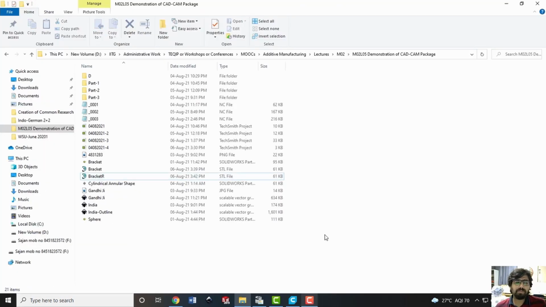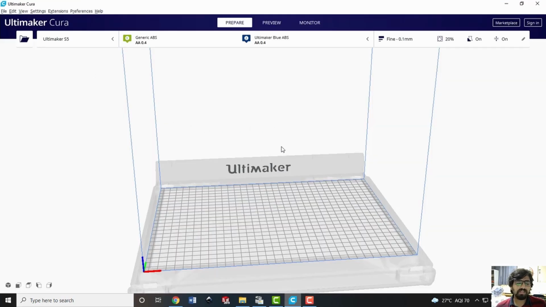So it is important that before you process any STL file in the Ultimaker Cura or any open source software for slicing, you make sure that the file is appropriately available and it is defect free. For that, this type of software can be used. Now let us start our discussion of the Ultimaker Cura. So this is how the Ultimaker Cura looks. There are several such freewares available, particularly for slicing the STL files and generating the toolpath corresponding to area filling and the contour deposition. Later on, you can extract these contour data in terms of G codes, which can be easily transferred to an additive manufacturing machine.